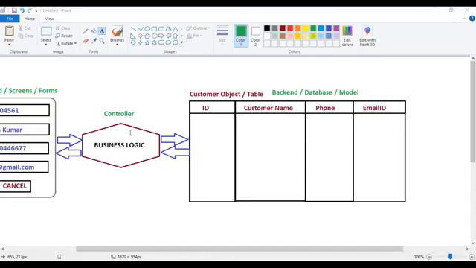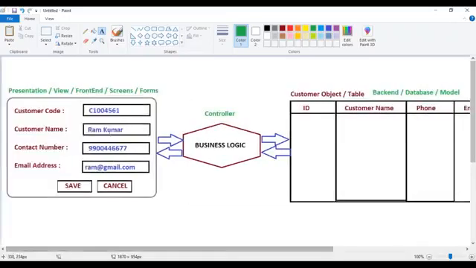Okay, as part of these applications, each and every application should be a three-tier architecture application, which should have three tiers. These are also called the three layers. We are having a front-end part, we are having a back-end, we are having a mediator layer that is called the controller. Okay, now in this case, the first two layers,